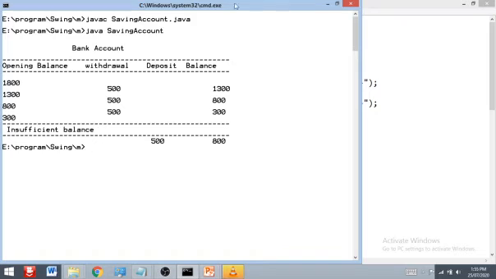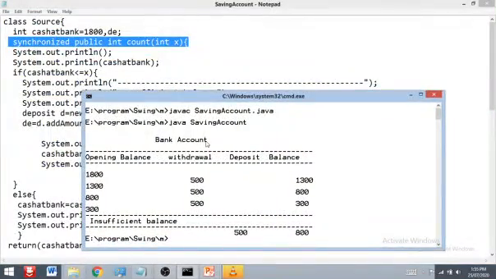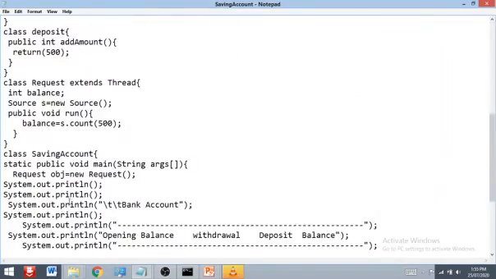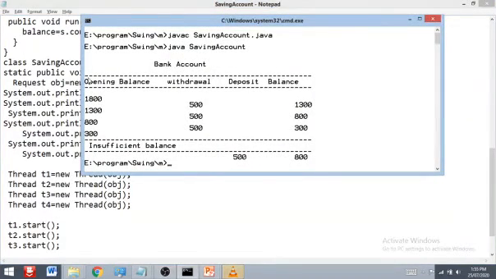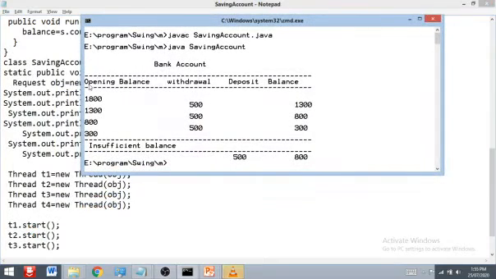Now see here, these are the statements that we have in front of us. Say, bank account. Where is it written? It is written here, in the main method. System, two lines left, then bank account. Then after here we draw one line. Yes, we have a line. Then after here we print opening balance, withdrawal, deposit and the remaining balance.